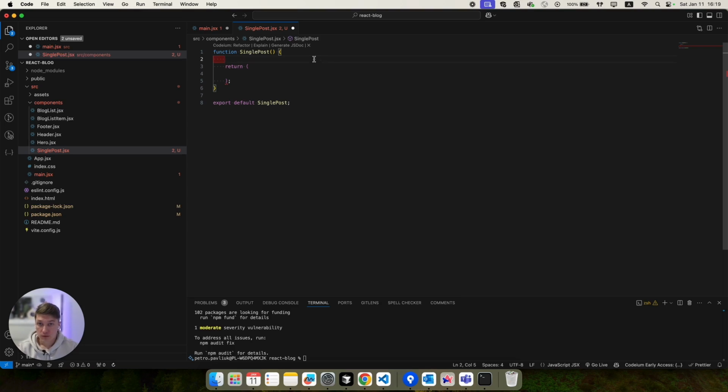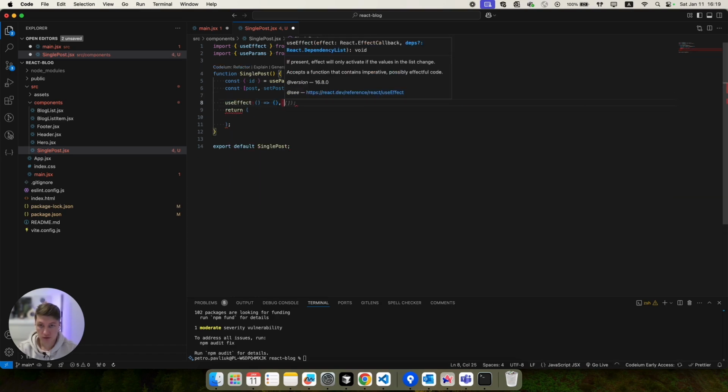So for that, first I will take the ID from the URL params. This is the ID of our post. I will show you later what it is. And also we need to add some state for our post information, and of course useEffect where we fetch the data.